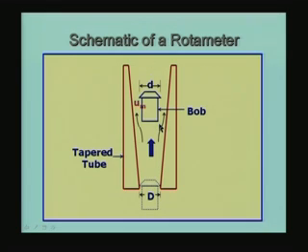So, because of the form of this particular bob and because of the flow which negotiates it and joins at the back, there is something called the form drag. The form drag is because of the subtle changes in the pressure acting on the surface of the bob, and this usually is written in the form of a drag coefficient multiplied by the kinetic energy of the fluid per unit mass. So, 3 forces,